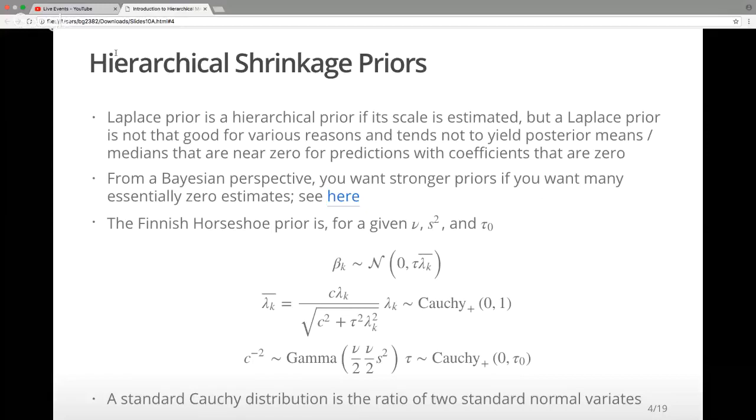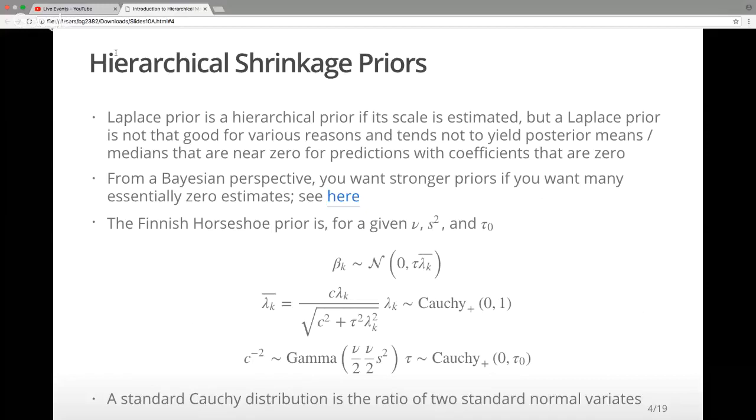You have a flexible prior that might be quite appropriate for regression coefficients. The reason is that it has both a so-called global scale parameter tau that applies to all of your regression coefficients, and a local scale parameter lambda k that is specific to